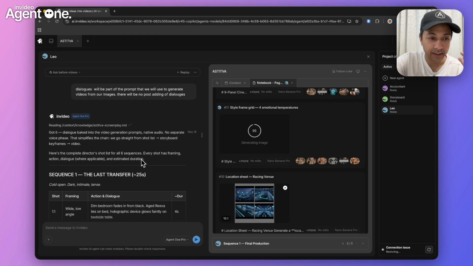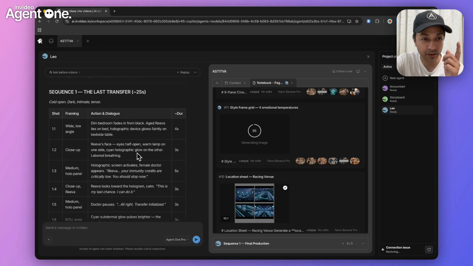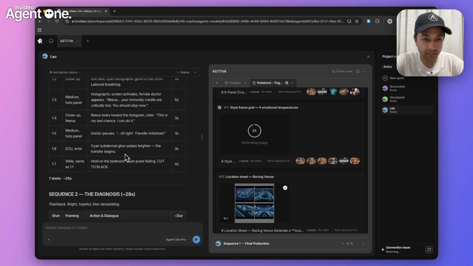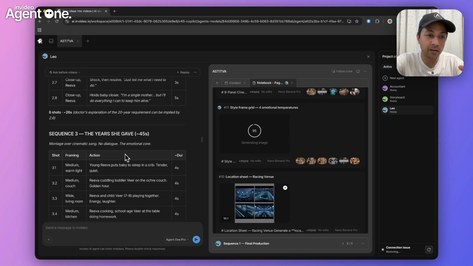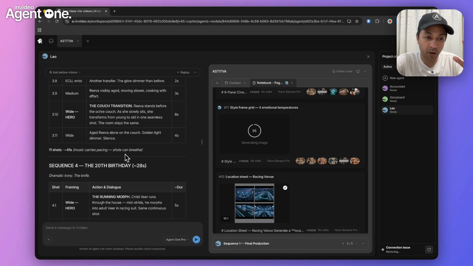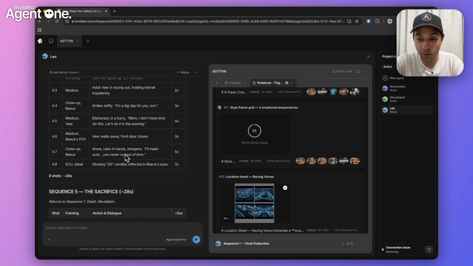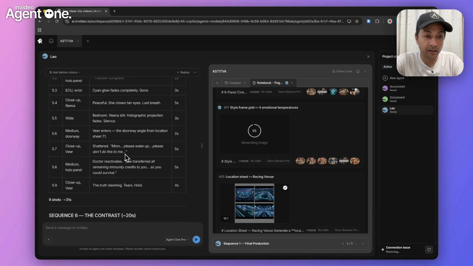So it says got it, and here is the short list for the first sequence, starting from the top down shot of the aged character that we have, and then we have the close up, the medium shot, and all the different shots and dialogues. So it gave a pretty good breakdown of all the shots that we should take for each sequence, which is pretty dope. I am very impressed with that step. To be very honest,